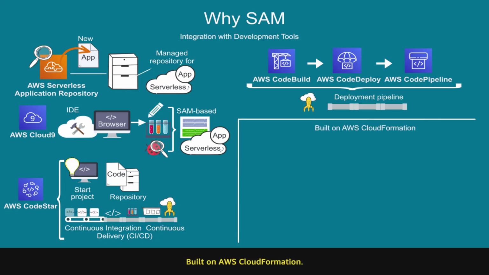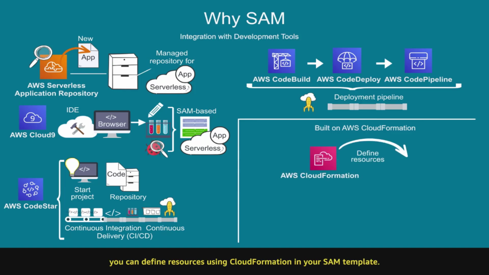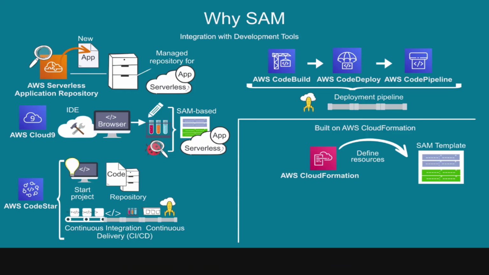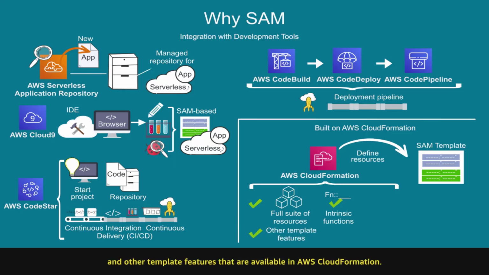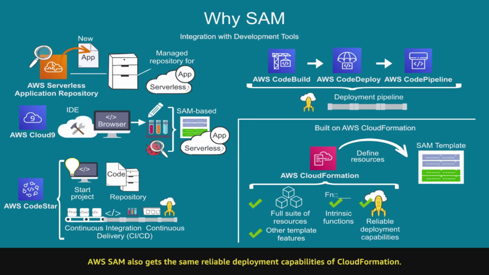Built on AWS CloudFormation. Since AWS SAM is an extension of AWS CloudFormation, you can define resources using CloudFormation in your SAM template. You can use the full suite of resources, intrinsic functions, and other template features that are available in AWS CloudFormation. In addition, AWS SAM also gets the same reliable deployment capabilities of CloudFormation,